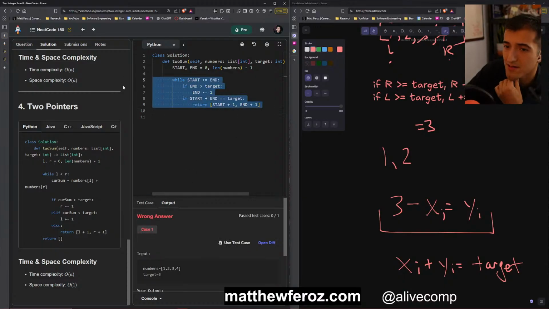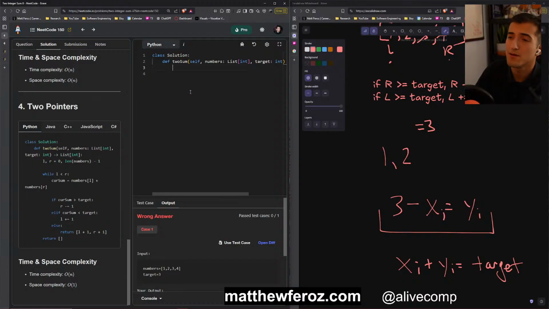Okay, so L, comma R. I had that initial part right, at least. Length of numbers minus 1, which doesn't really mean much.